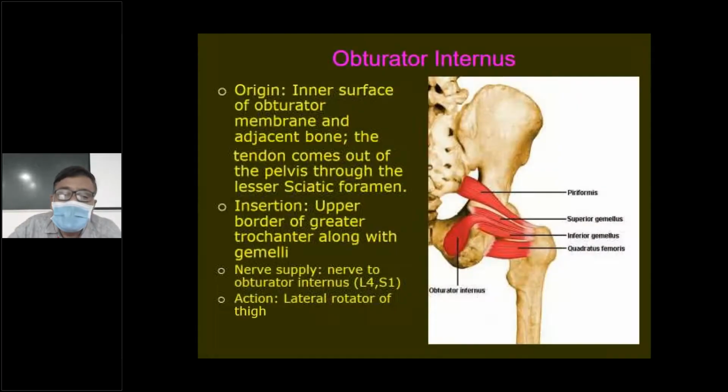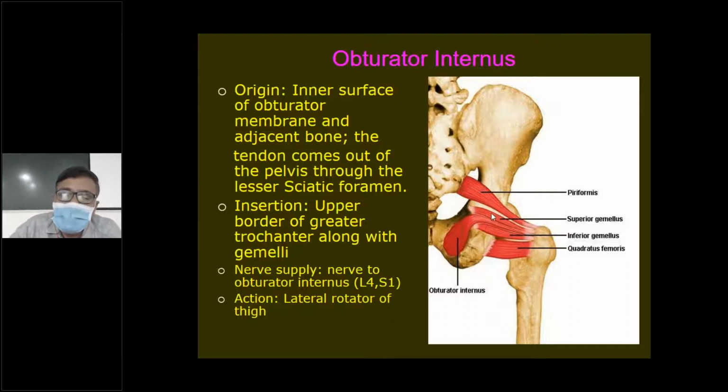In the next picture, see that the ligament, the sacrotuberous ligament, is removed, so you can see directly. The obturator internus arises from the inner surface of the obturator membrane and also the adjacent bone. So that means this is the origin here in the lateral wall of the pelvis. From here, the muscle comes out through the lesser sciatic foramen. In this picture it is only a notch because there is no ligament, so you can see the entire muscle. The muscle takes a right angle turn and the obturator tendon comes out.